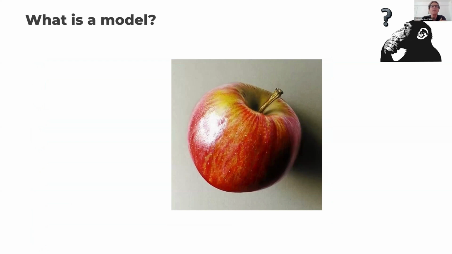And now I want you to be interactive. I want you to switch on your microphones and tell me, what do you see here? What is this? An apple? An apple, yeah. Anyone have a different idea, a different opinion? Or is it really an apple? A drawing of an apple. Hello? Yeah? Anyone? Of an apple.